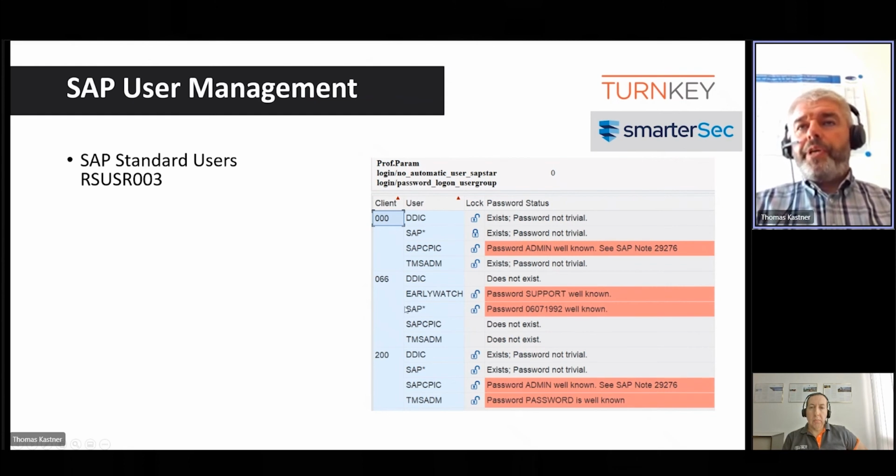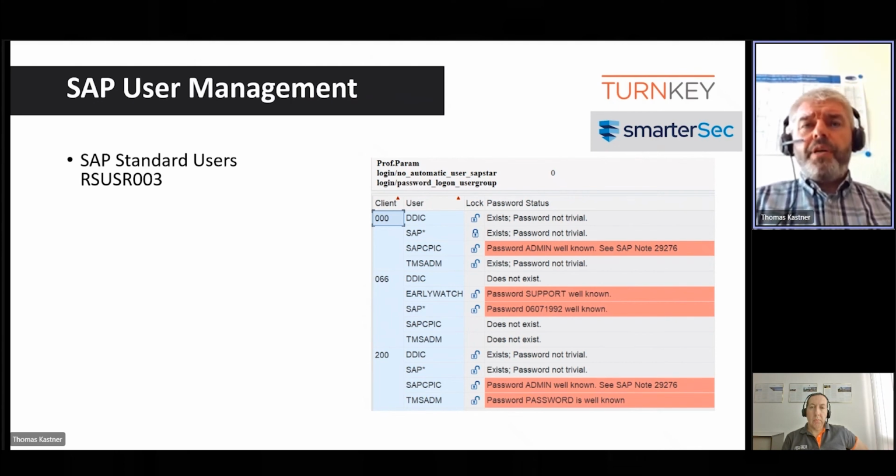And knowing that these are the standard users and standard passwords, they are public knowledge. I could go in there and go from client 066 to your production client, manipulate data, extract data, or do other bad stuff with the SAP system, even shut it down.